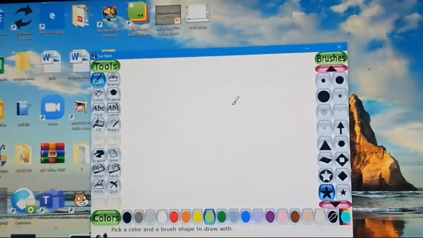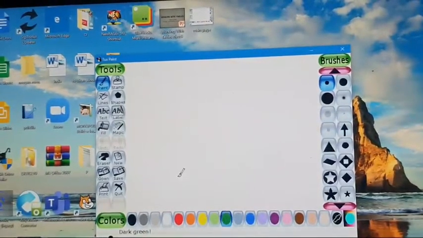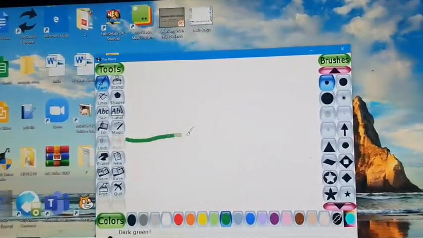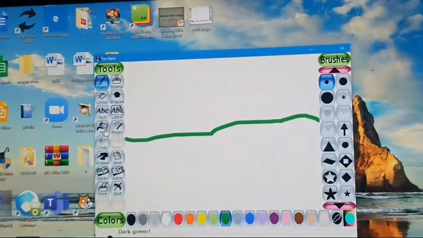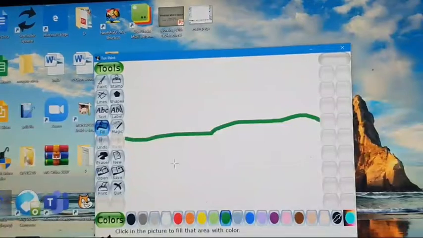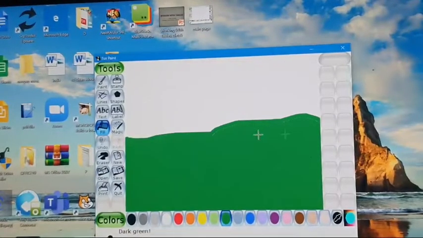I'm going to select the size of the brush and color in scene 2. Okay, now I am going to use a tool, fill tool. I am going to fill green color. Okay, now in the upper part I am going to fill this color.